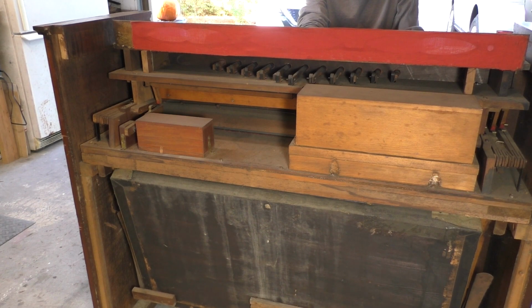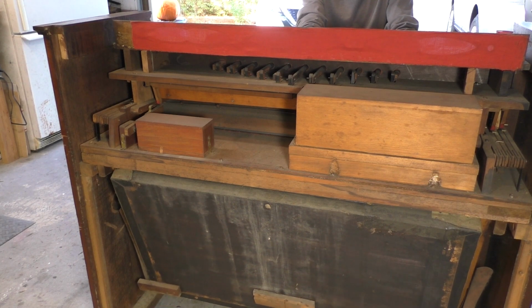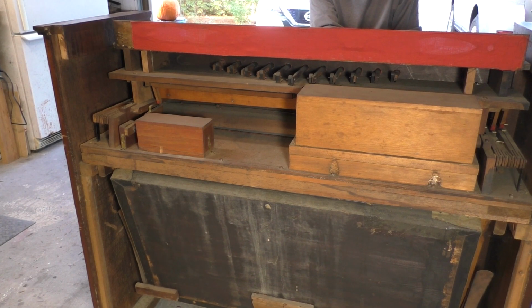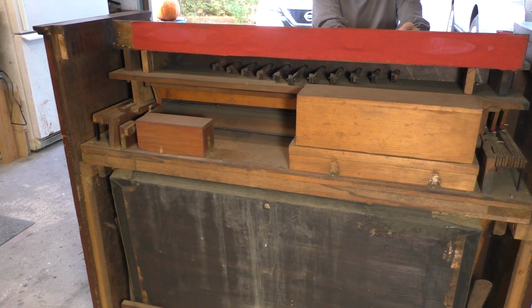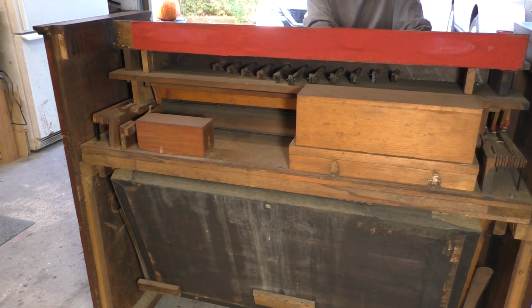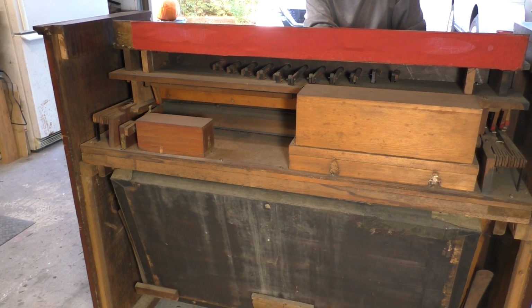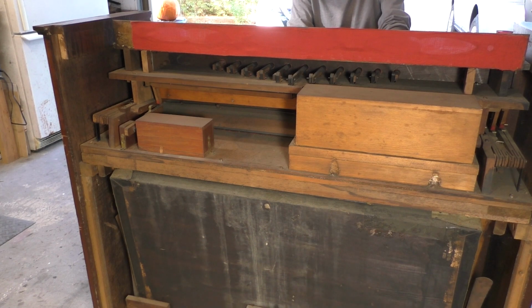This is Viola. That's a little out of tune. Sub bass is pretty intense. And up here,